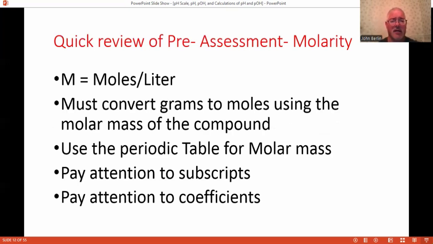Once again, remember when you're doing those, well, not really B, but C. When you're doing C, you're going to have to convert the grams to moles first before you divide it by the liters. Otherwise, you're going to get incorrect